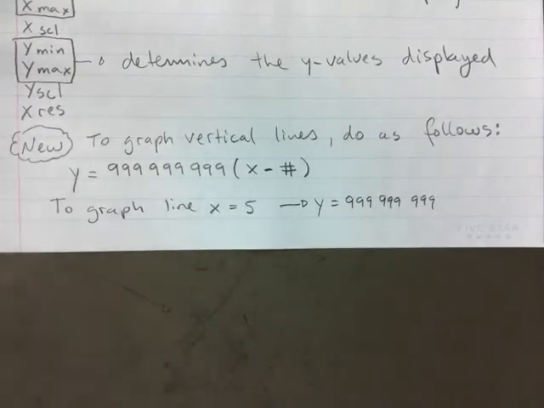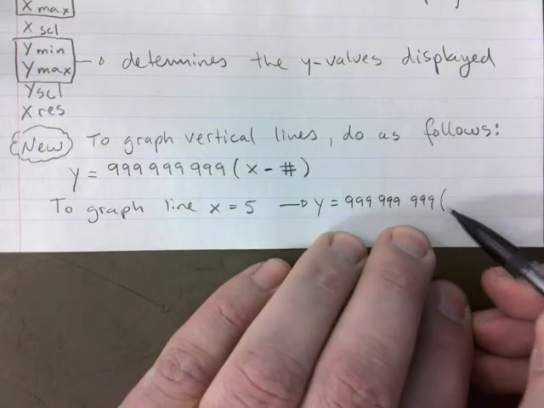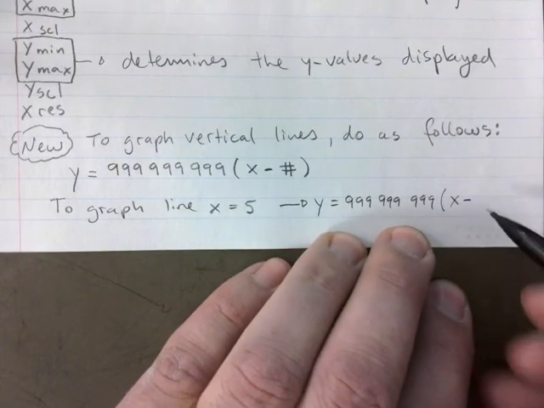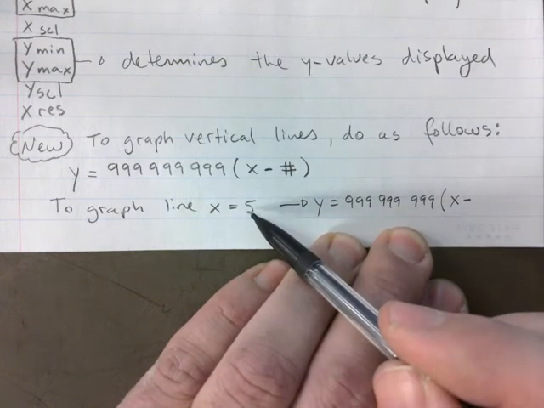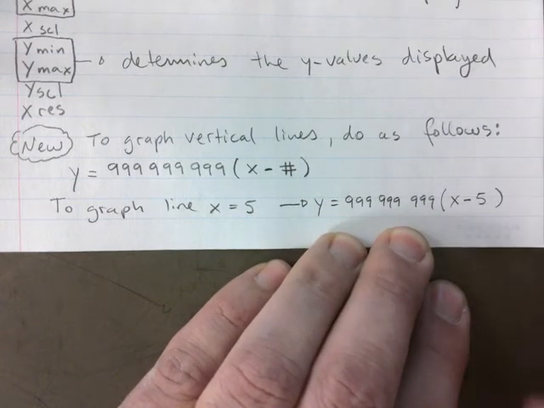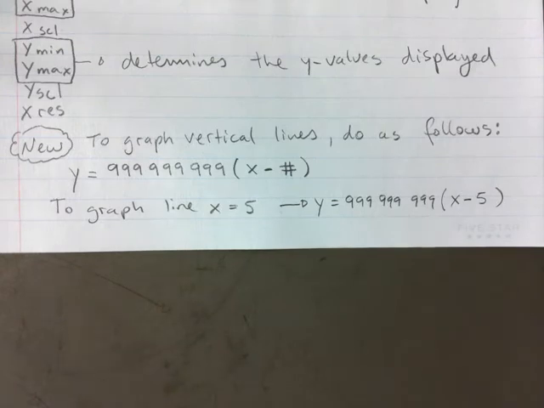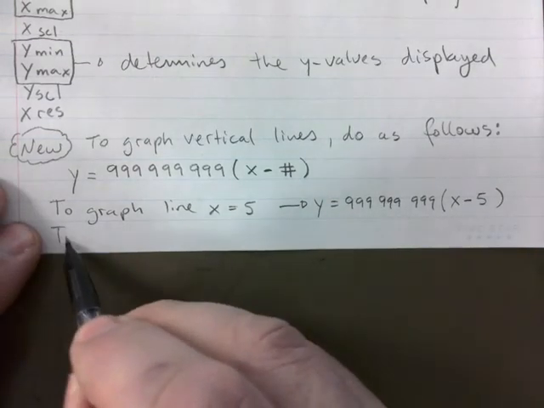Right? Too bad it's not like Pizza Hotline number. That'd be easy to remember, right? But it has to be 9. So x minus, what's the number you're trying to graph? It's 5, right? So that would actually let you graph a vertical line like this to graph